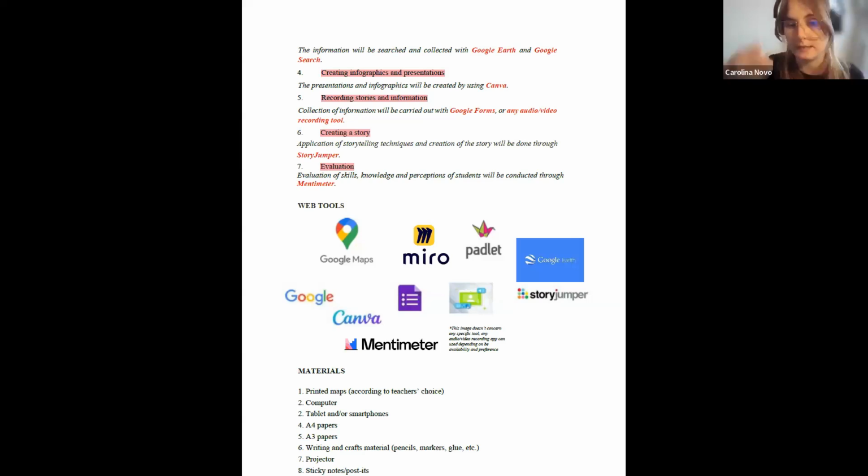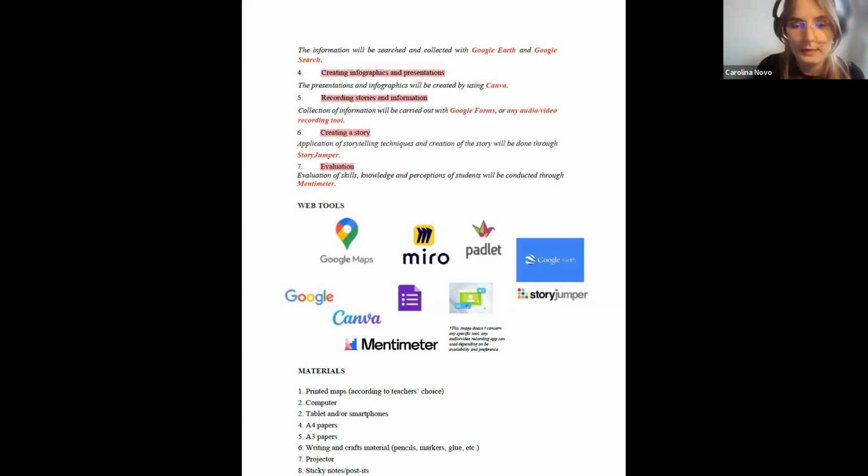Don't worry, it's simple and it's explained in the module, as you will see, but I thought it was a good and interactive tool to teach students to see the impact of climate change in the environment, because sometimes it's different to hear about the environment and to see what actually is happening. So something interactive is better for them. And then the other tools are very similar to what my colleagues presented. So we are using Google Maps, Google or other searching engine, Canva, Mentimeter, Google Forms, Padlet, and so on.